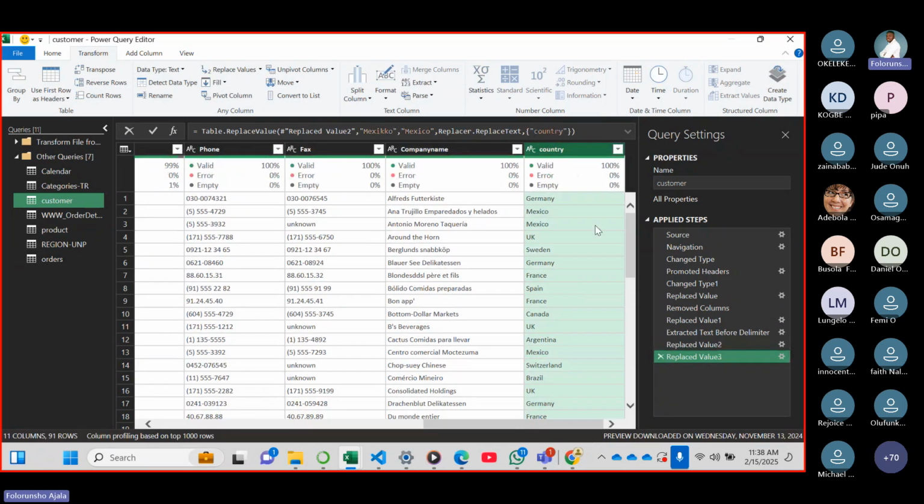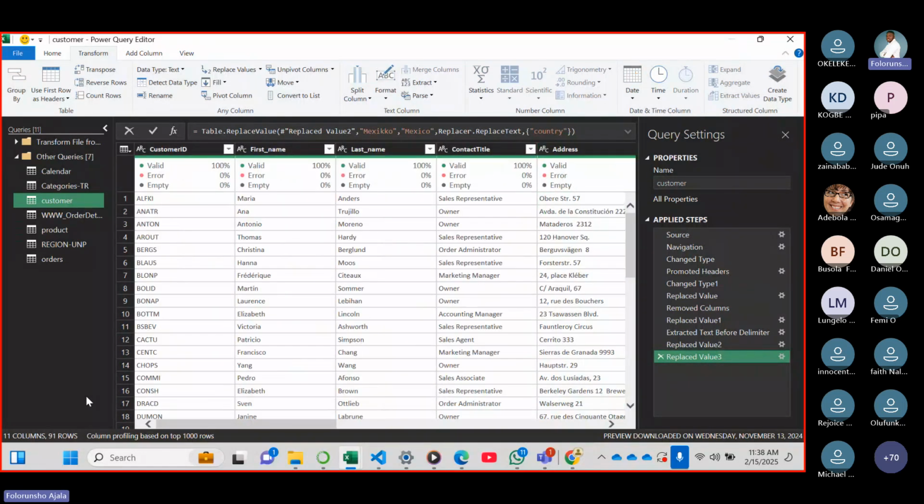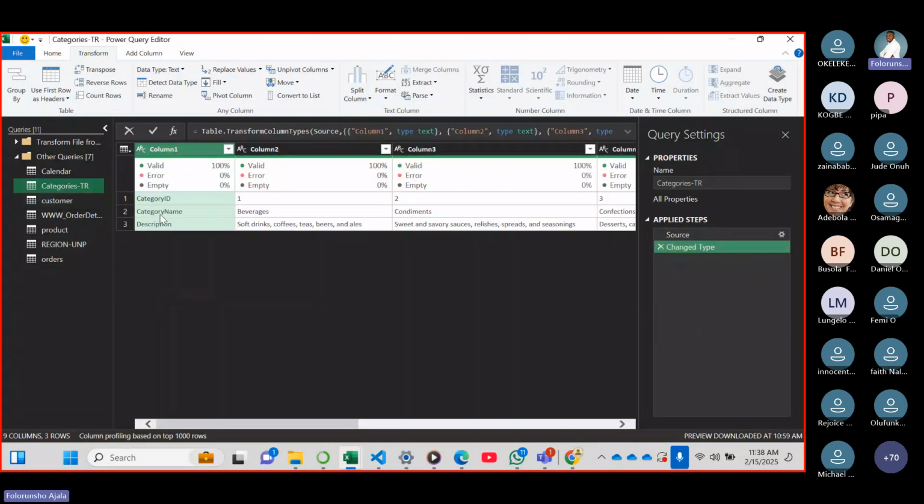So okay, so that is that. Because of time, our time is fast spent, so let's quickly do some other transformation. So let's go to the... so now if you look at this table,